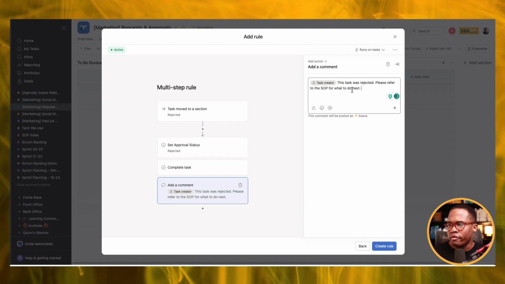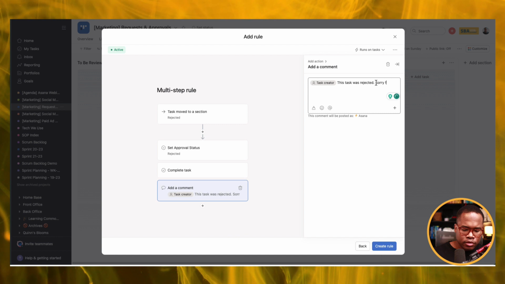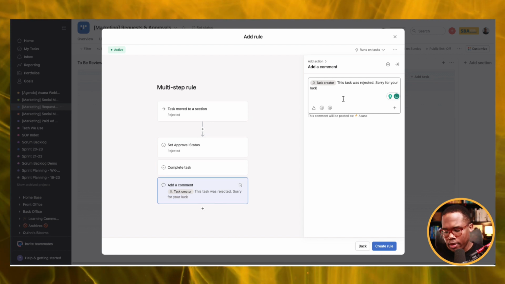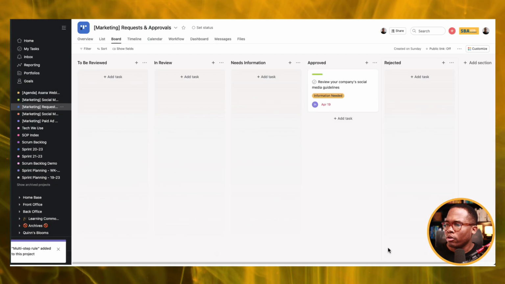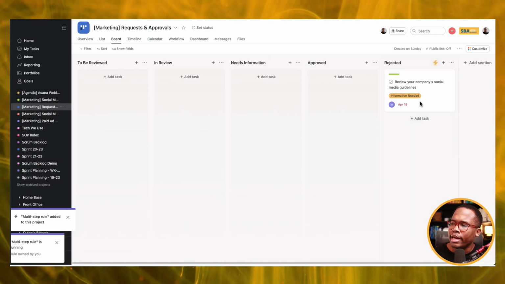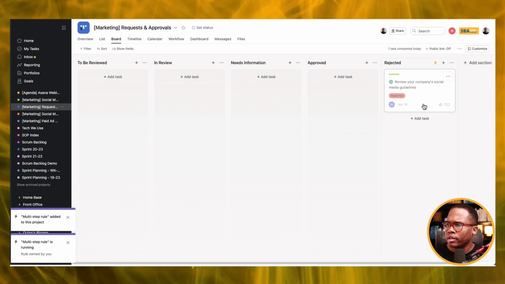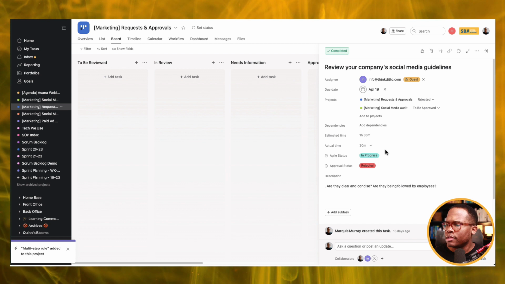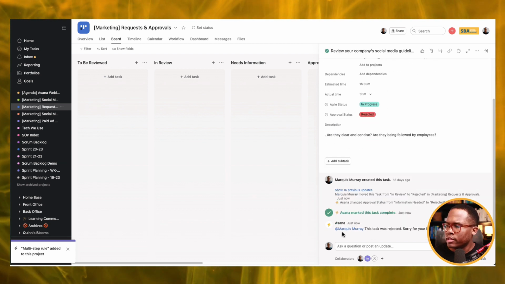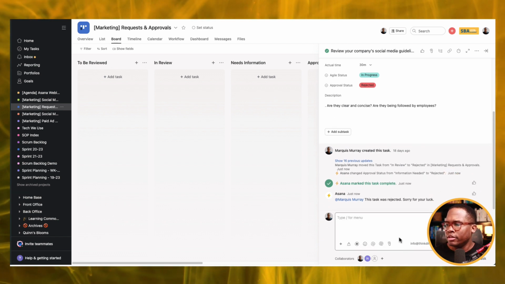And you can really put whatever messaging you want. This was rejected. Sorry for your luck. I don't know. Be nicer than that. All right. So now we can do things like that. And we can now create this rule. So as this moves through, we can have these kind of automations run and do things for us. So it automatically completes. It reduces the need for manual intervention, right? Marquis Murray was the task creator. This task was rejected. Sorry for your luck. We can even have it say,